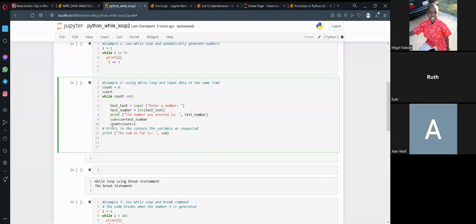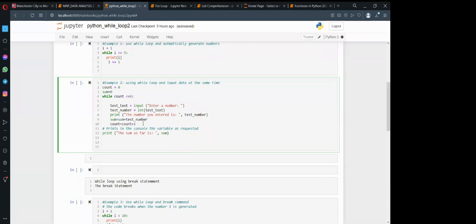So when you say count is equal to count plus 1, it will be counting the incidences of entering the numbers, while sum will be adding up the numbers that you'll be entering. Then this will print in the console on your screen and gives you the print statement. The print sum so far is sum will give you the total of the numbers that you've been entering.